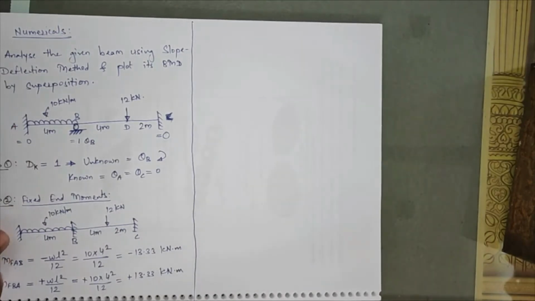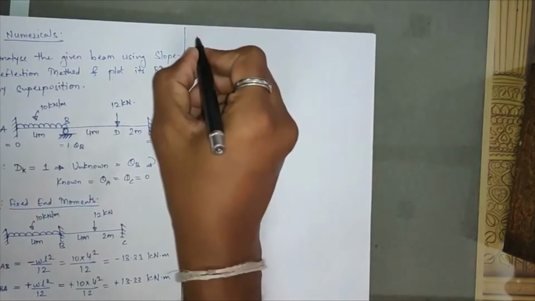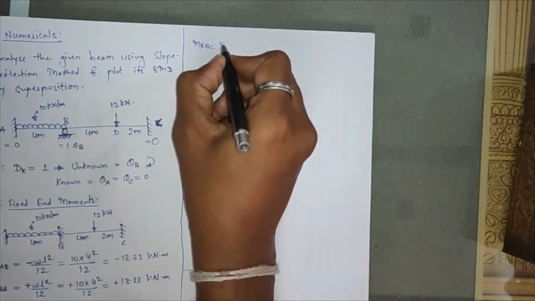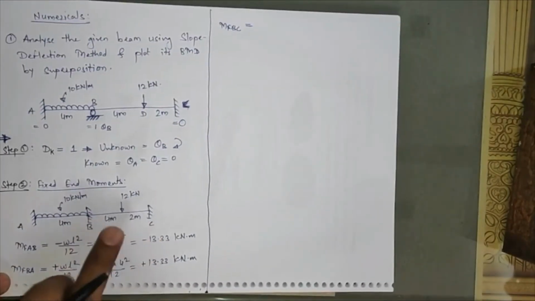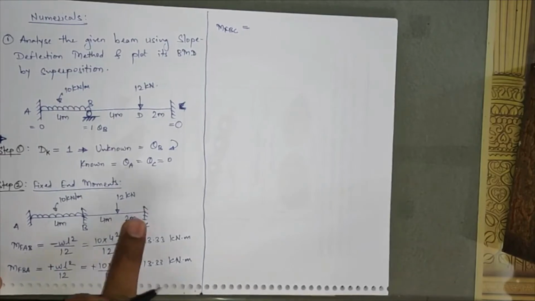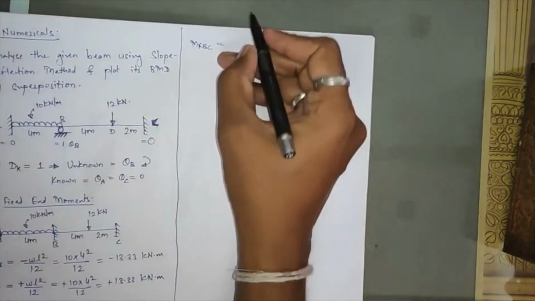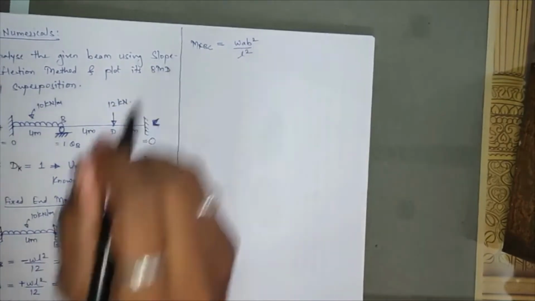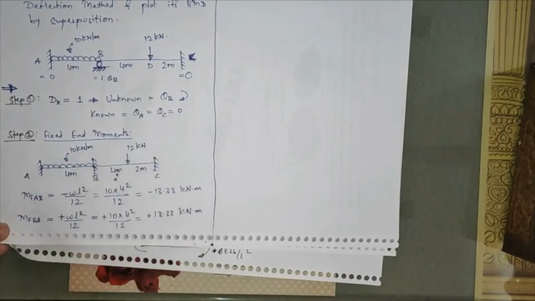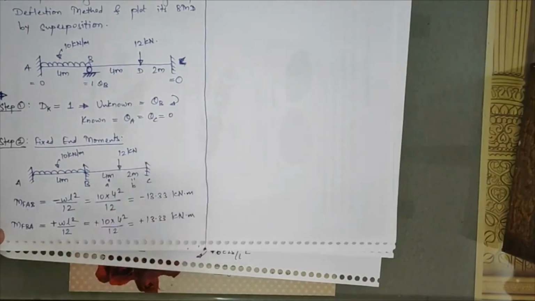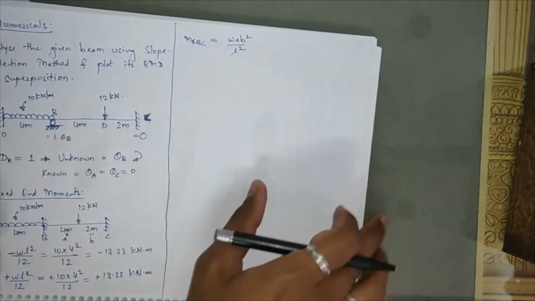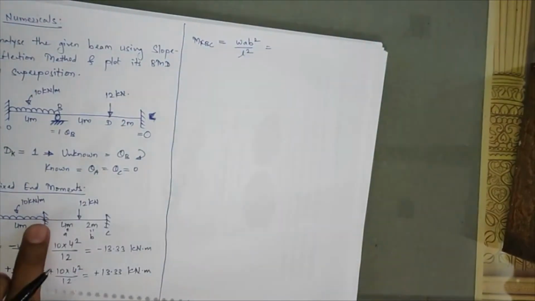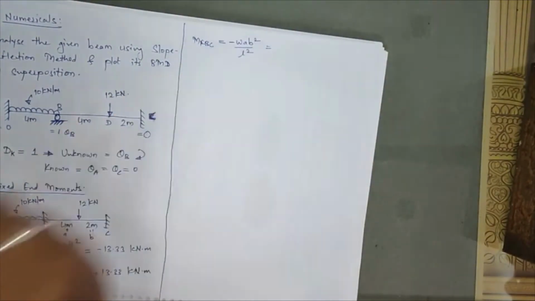Next, we'll move towards span BC. So the next fixed end moment I'll have is MBC. In member BC, a point load is there at a non-uniform distance. So for a non-uniform distance, the fixed end moment is given by WAB square divided by L square, where this 4 meter is our A value and this 2 meter is our B value in this equation. So we'll substitute the values: W is given as 12 kilonewton, and this moment will again be a restoring moment in the anti-clockwise direction, so this will come negative.